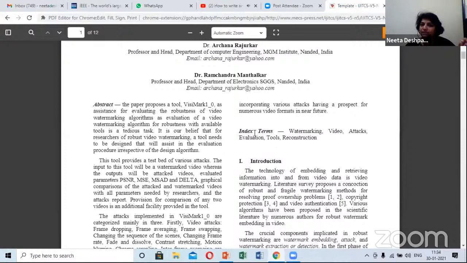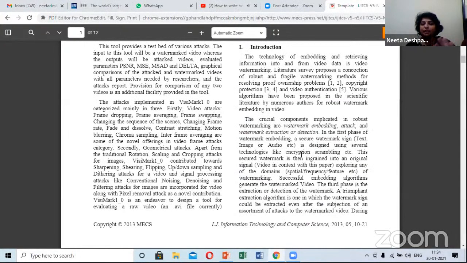As I told you, keywords are important. So here, instead of keywords, they had given in their template what are called index terms. So we gave index terms here. Then we have written the introduction. When I'm writing the introduction, in this particular journal, they told that I had to use the IEEE referencing style.